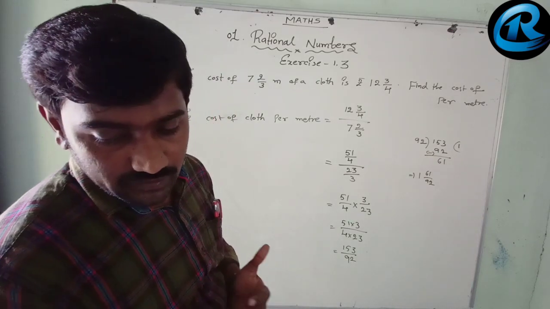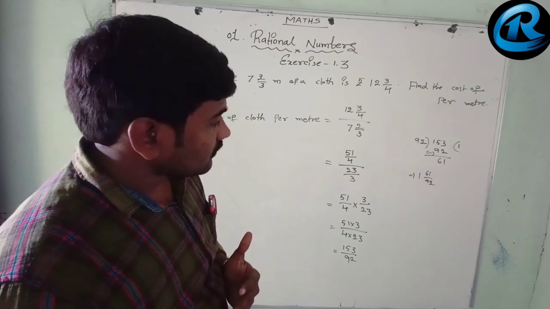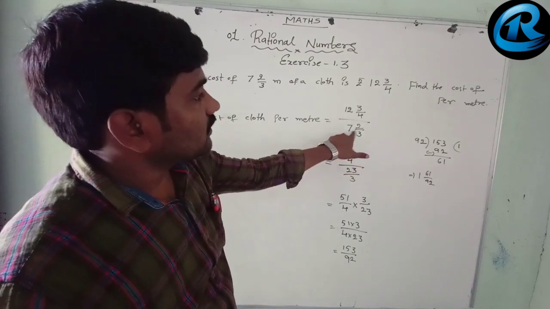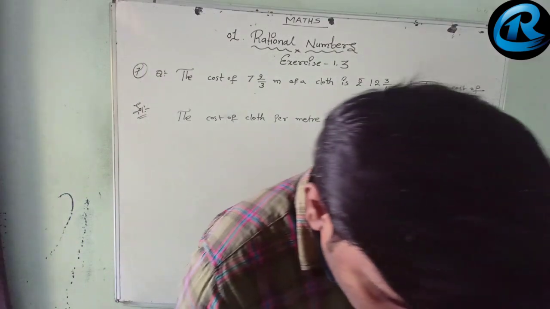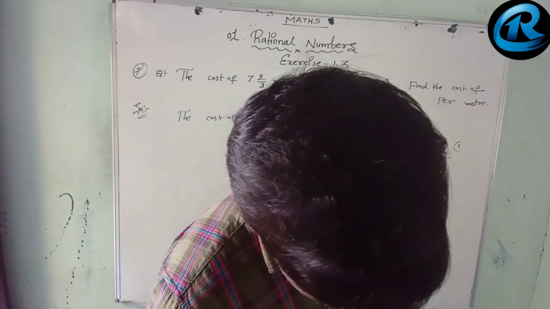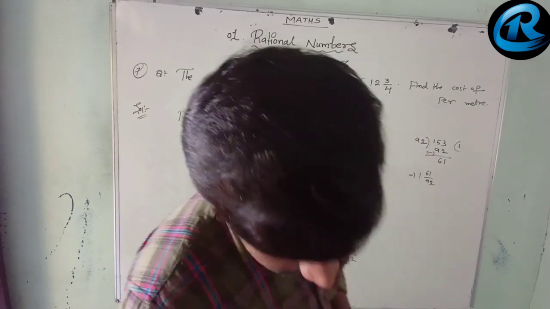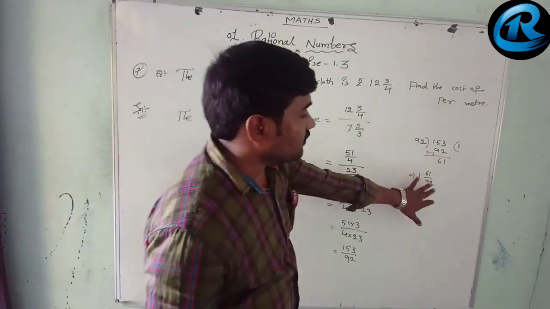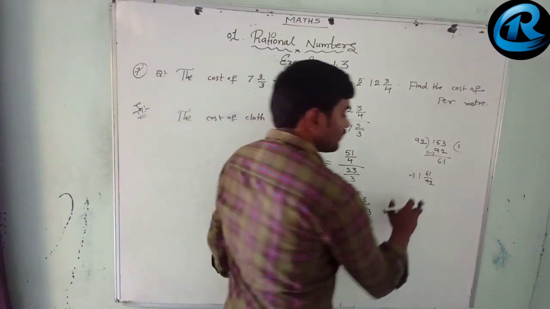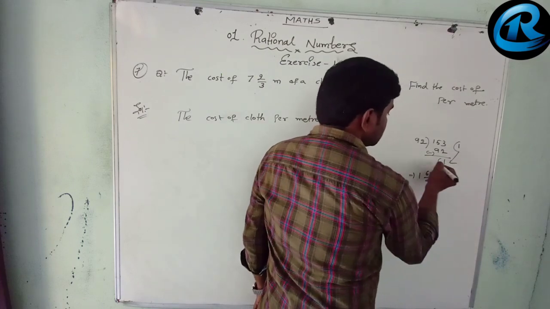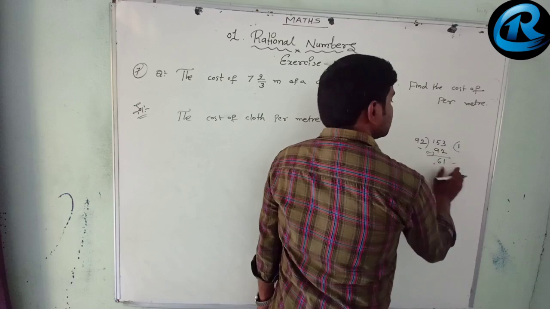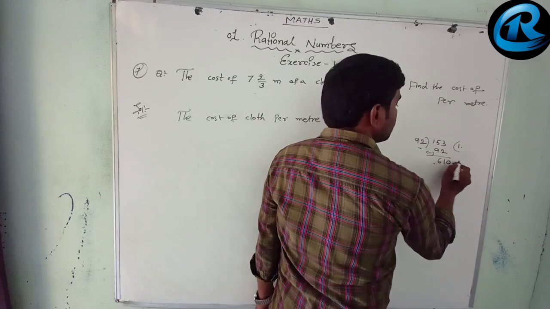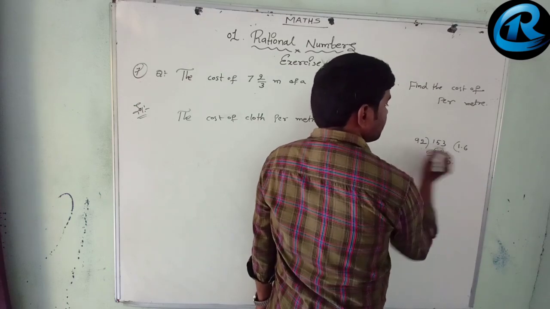Here we can also go for the other things. Yes, 2 whole 3 by 4 only. Yes, we get 1 whole 61 by 92, we can write. Or if we continue the division, it will come 0 point, 6 times.